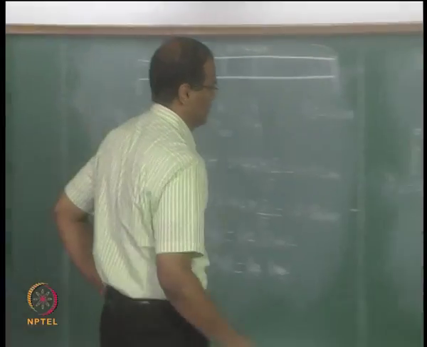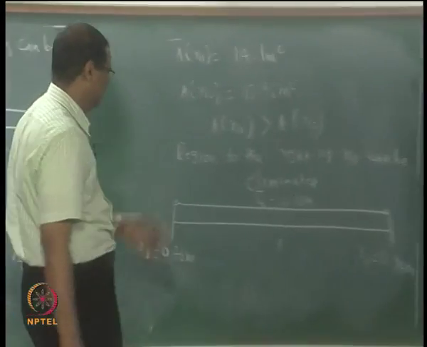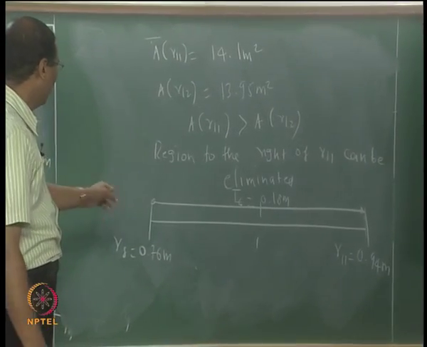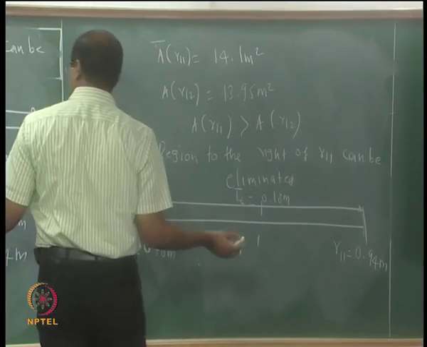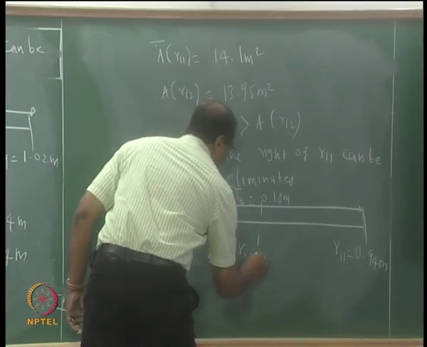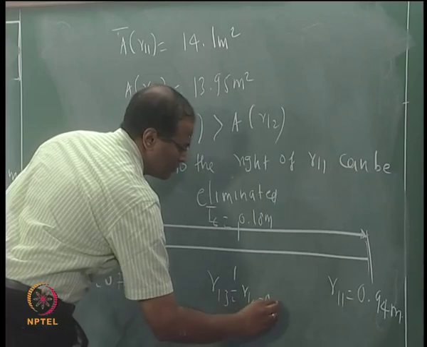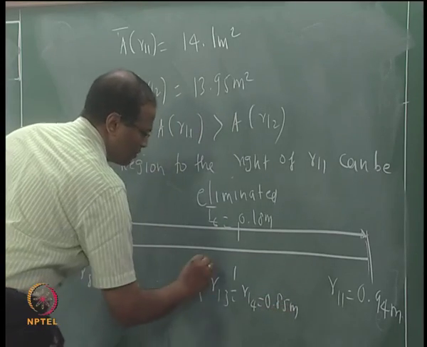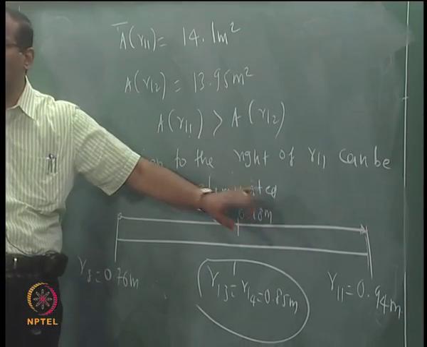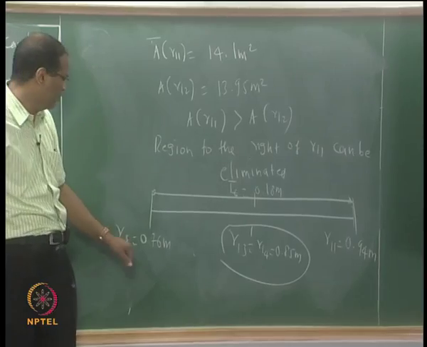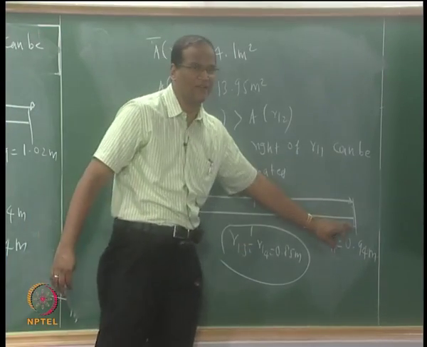The buck stops here. So the next point is 0.18985, R13 equal to R14 equal to... So the final interval of uncertainty is 0.18 meter. The solution is now lying between 0.76 meter and 0.94.